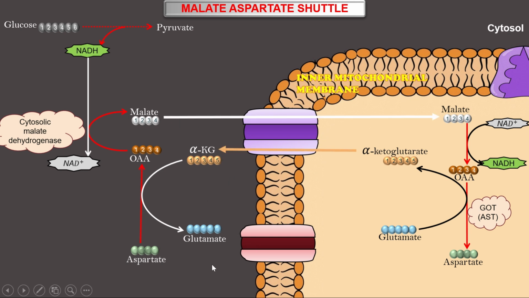And the same thing happens for glutamate. Glutamate formed outside in the cytosol is always entering the mitochondria at the same time when aspartate is moving out into the cytoplasm via this pink transporter. So these two basically move in the opposite direction, purposely to balance the molecules that are involved in this shuttle system in the mitochondria and at the same time inside the